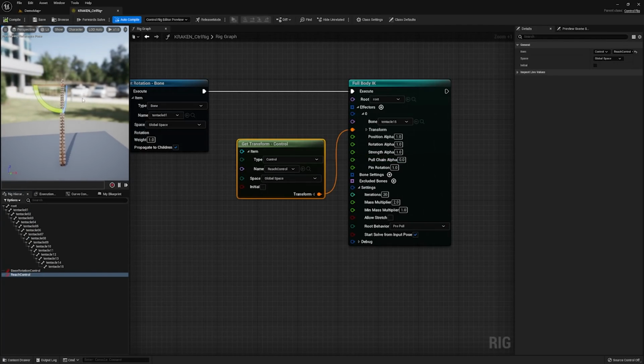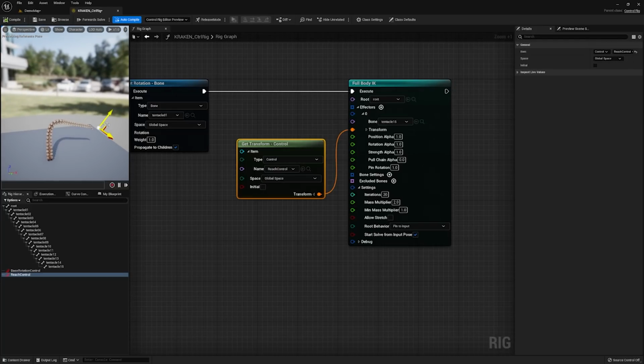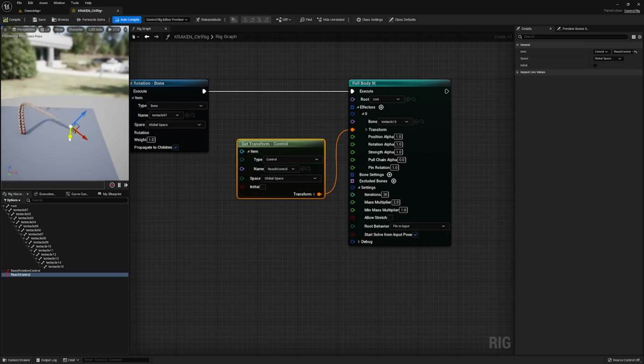Of course, there was one other little issue that we were facing, which is if I pull it up, it disconnects. So in this case, I'm going to set the root behavior to be pinned to the input, at which point the tentacle is now staying where it should, and we're able to have simple controls to guide what it's doing. This is really, really useful, but those controls are hard to see, so let's go ahead and fix those.